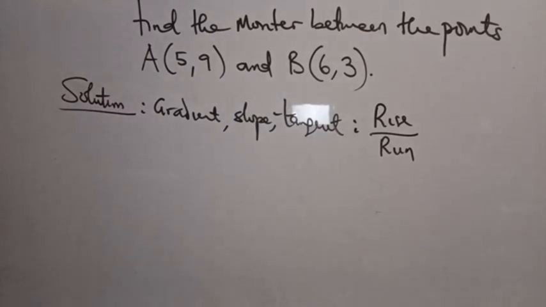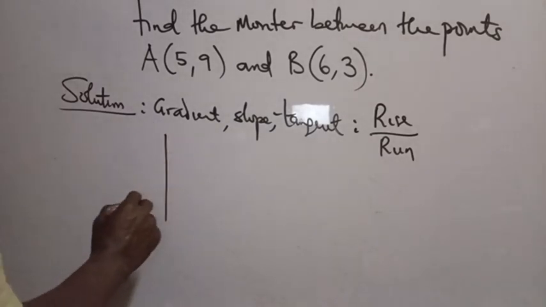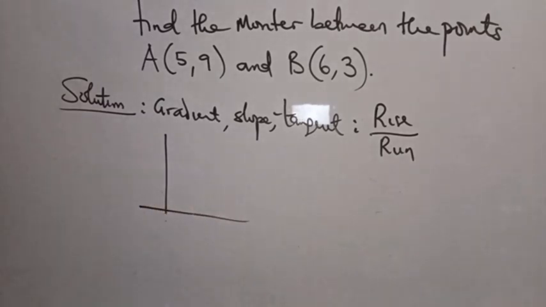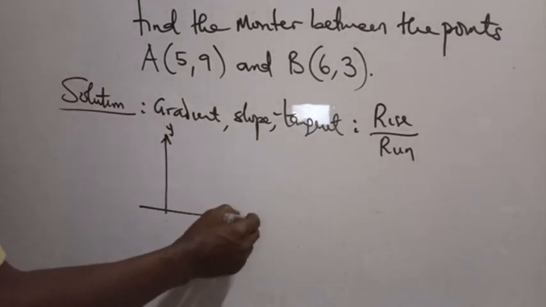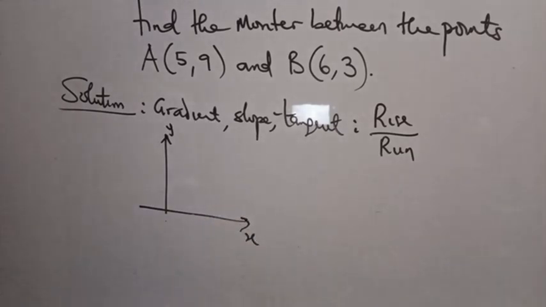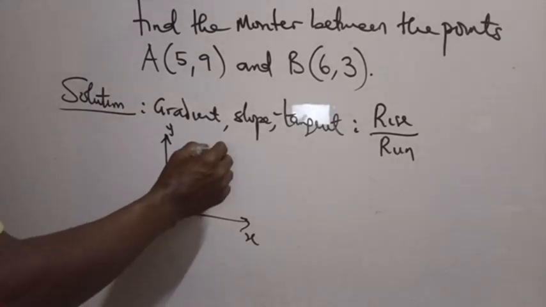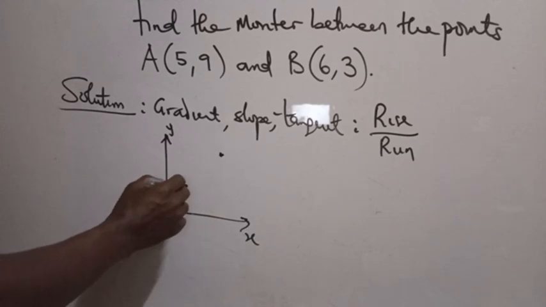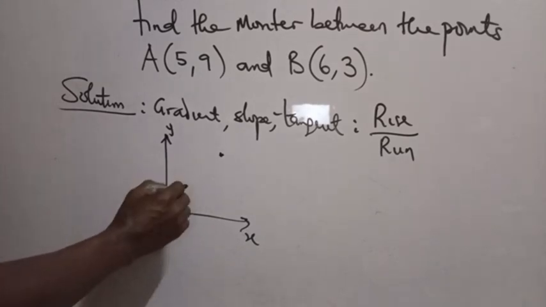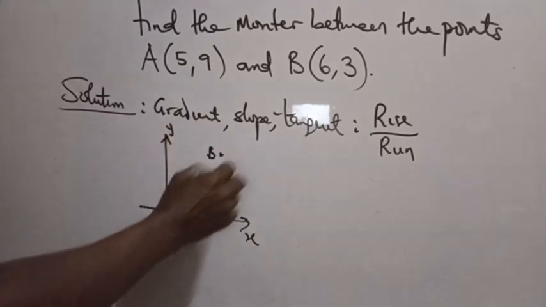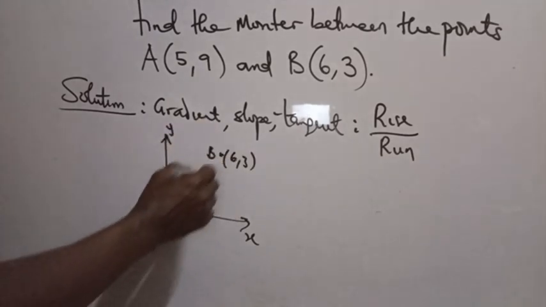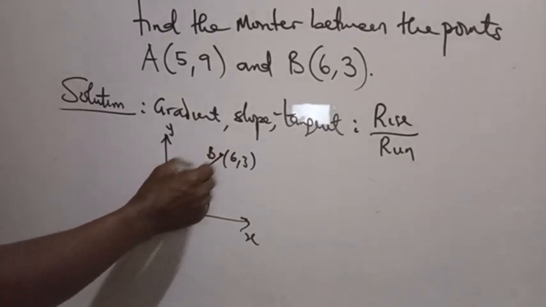As you can remember, in our coordinates, Cartesian plane, where we have what? This is y and this is what? X. Okay. Now, if we have 2 points on this Cartesian plane, for example, let's say this is the coordinate point of A, 5 and 9. It's just an assumption. Okay. And that of B is 6 and 3. Okay. So the line joining these 2 points, AB,